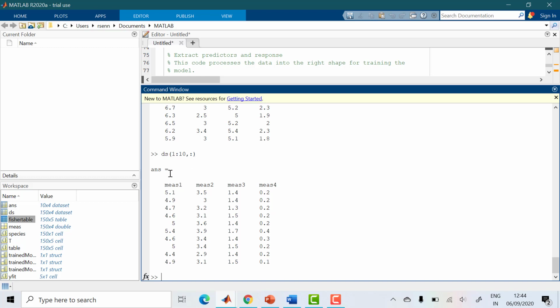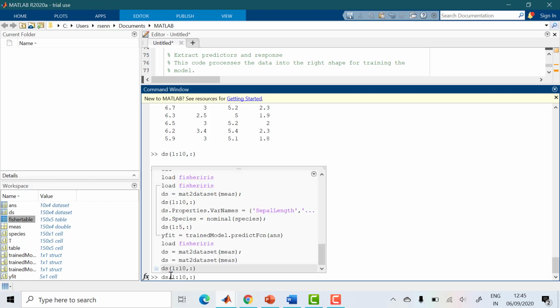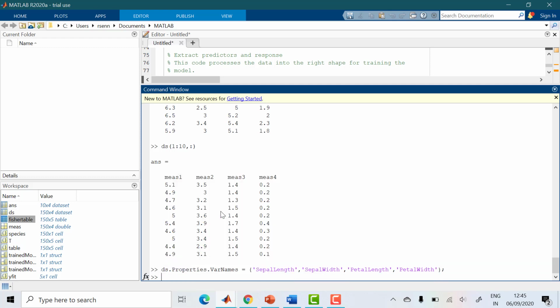But you can see the heading is different from the training data. In training data we gave sepal length, sepal width, petal length, petal width. But here it's saying measure 1, measure 2, measure 3. This should show an error. Always remember the variable names should be the same as the trained data. So we are going to use another one: ds.Properties.VarNames. The variable names should be sepal length, sepal width, petal length, petal width.